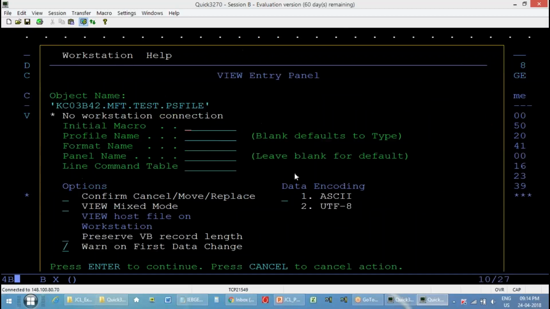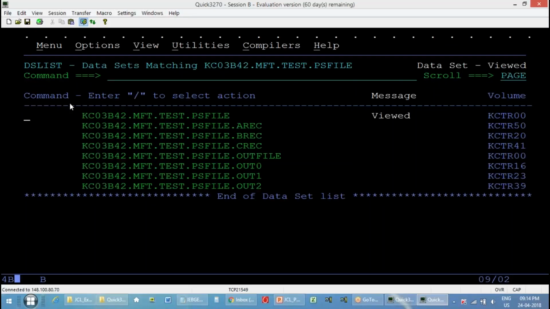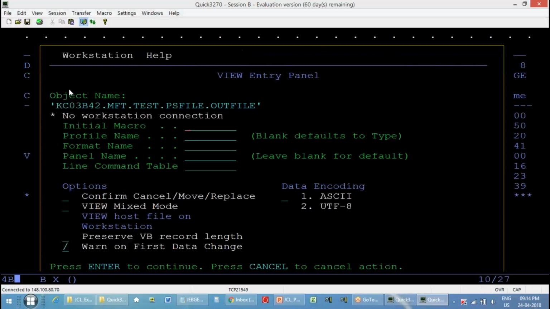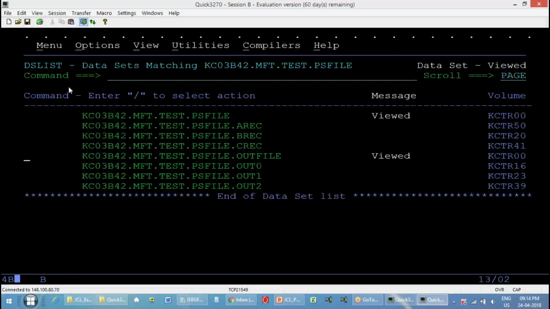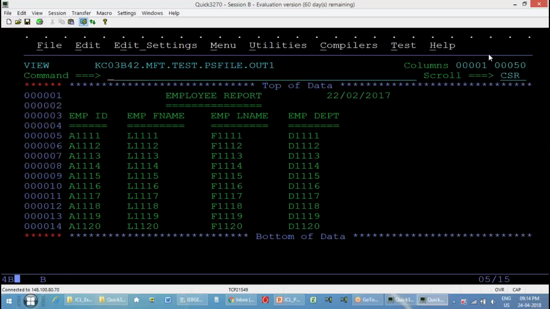This file has, say, records like this. Here the first five is employee ID, first name, last name, department. Now I run my IBGNer reformat job, and I want to get a report like this. You want to reformat it to what? Like this. Okay. And I wanted you to do it like this. For this, if you remember,